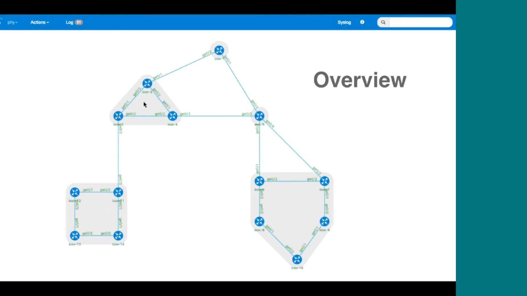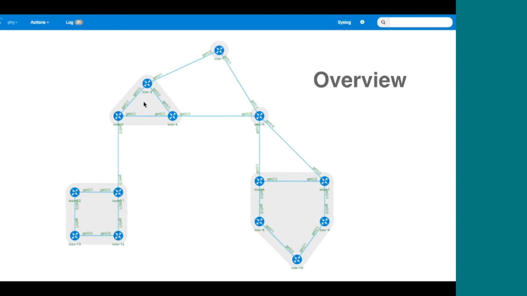So in terms of the features, we've got the actual overview topology here. I've got a different topology shown. This is showing, I think, 14 or 15 routers, so right at the personal edition limit. I just used all IOSv, but you can have a mix of different devices. We do support all of the commands for all of the reference platforms that ship with VIRL, NX-OS and XR and things like that.